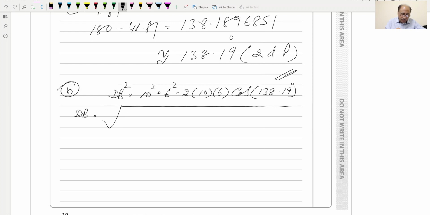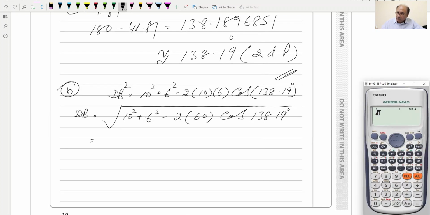We can write 10 squared plus 6 squared minus 2 into 10 into 6, which will be 60, cos of 138.19 degrees, and this will be equal to, with the help of a calculator, the square root of 10 squared plus 6 squared minus 2 into 60 cos of 138.19 degrees, and this will be equal to